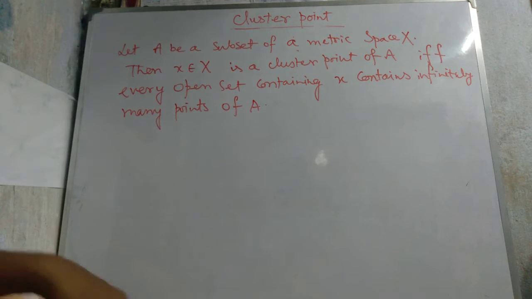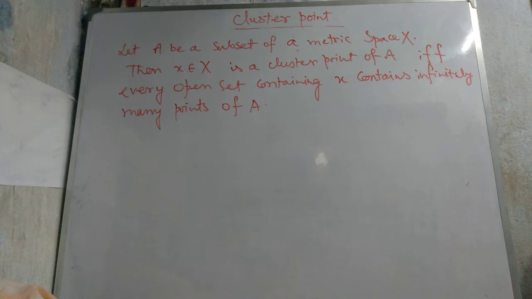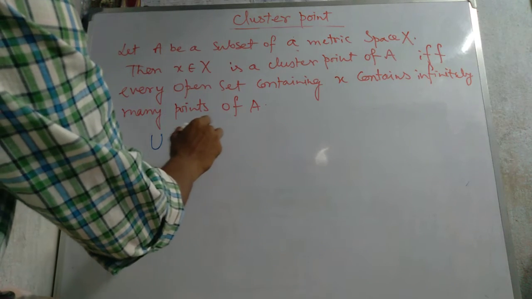Okay, then first we start this one. Every open set contains infinitely many points of A. Then this one is a cluster point. Too easy. Okay, every open set we construct, let U be open